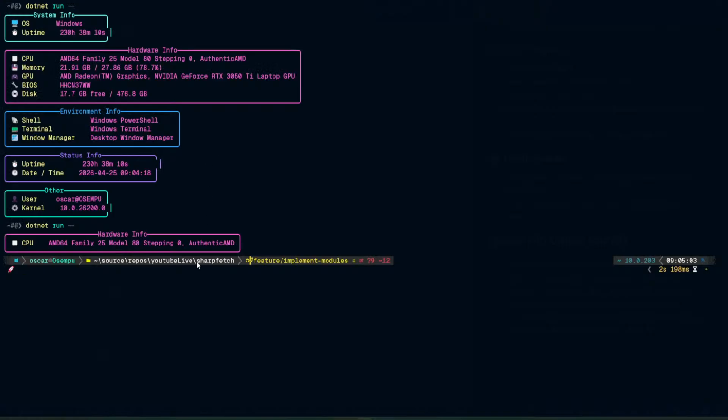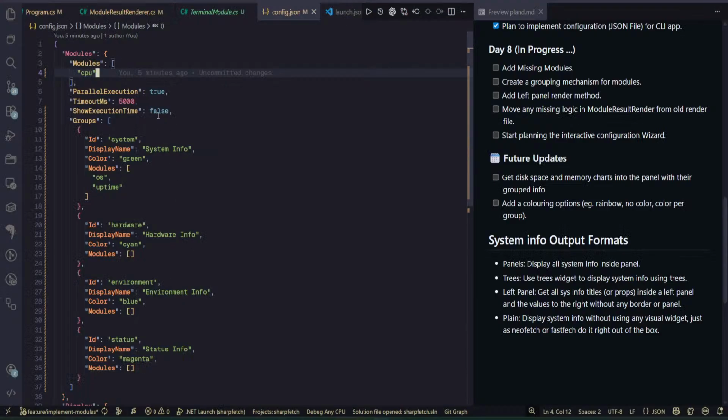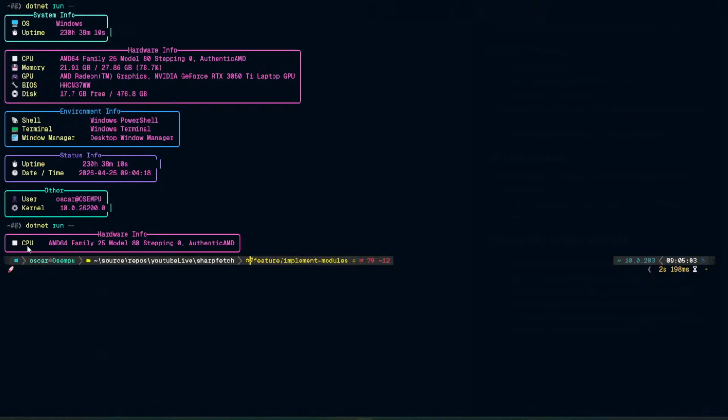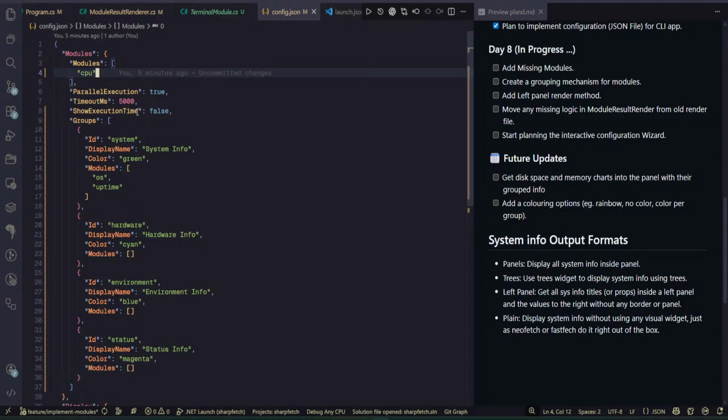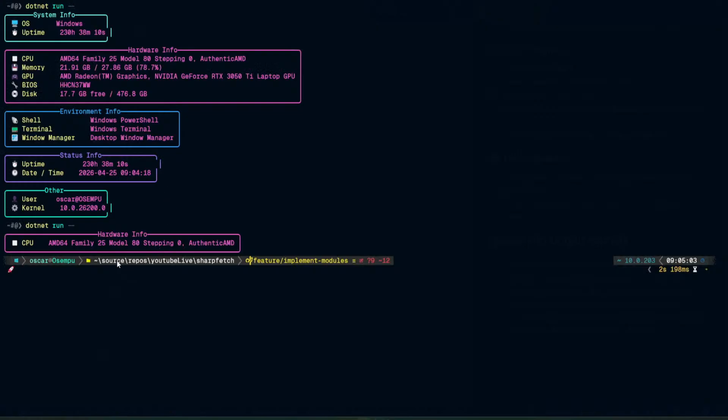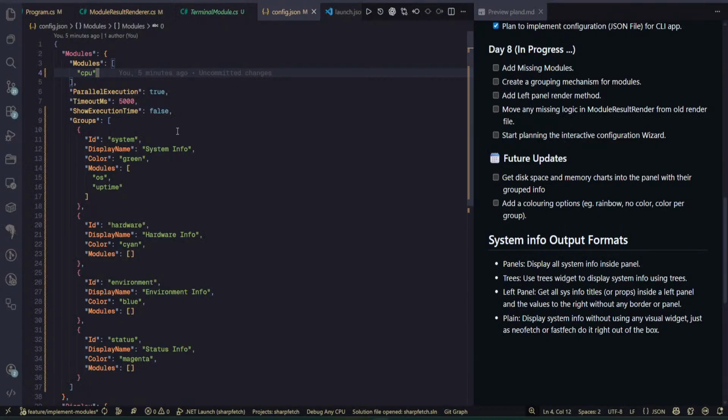That's my thinking for now. Like, okay, so CPU definitely is a hardware, or is it? And if we add